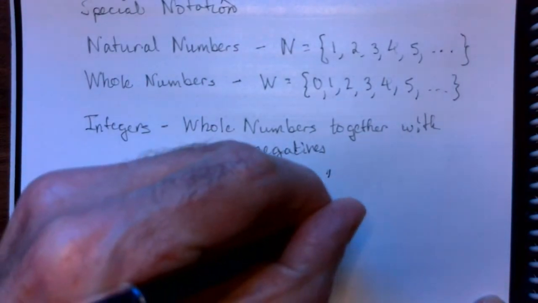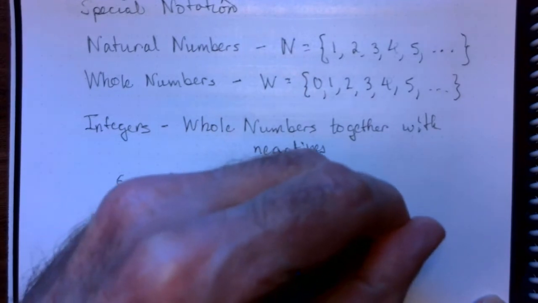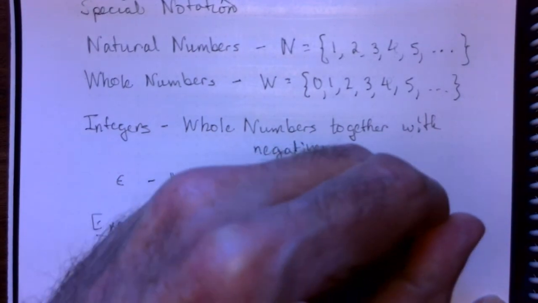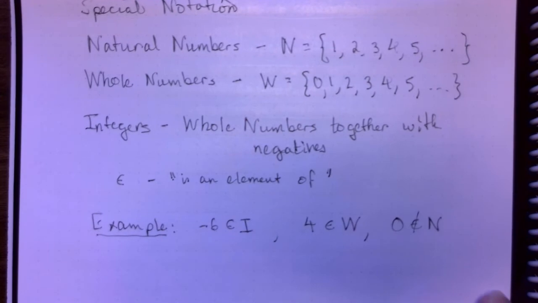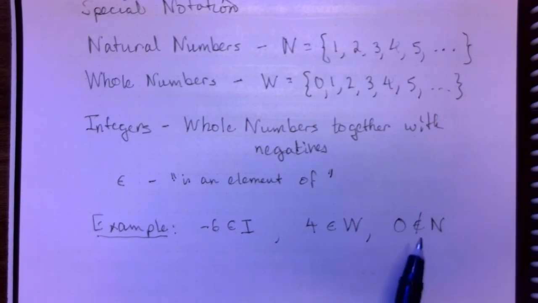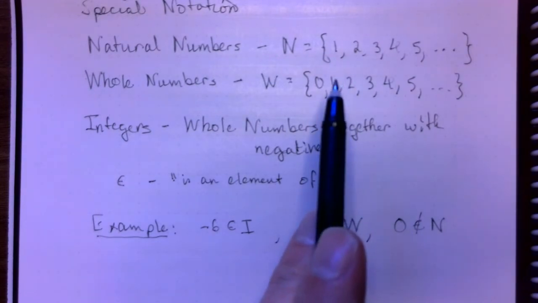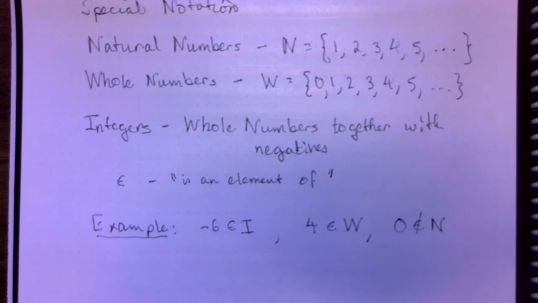4 is an element of the whole numbers. 0 is not an element of the natural numbers. Okay, notice if we put a slash through that symbol, it just means that this is not true. Up here you can see that the natural numbers start with 1. So those are some special symbols that you'll need to understand, because there are certain sets where it's easier